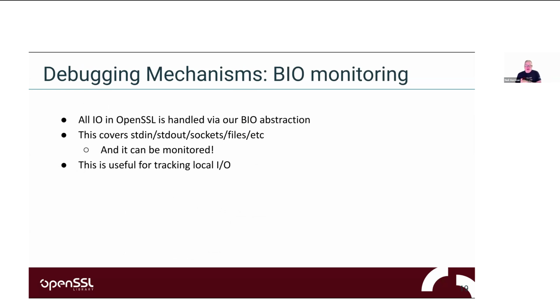BIO monitoring. All I/O in OpenSSL, generally speaking, is handled via our BIO, or block input-output, abstraction. This API covers all sorts of input-output backends: files, TTYs, sockets, just about everything you can imagine that an operating system provides as an I/O mechanism can be abstracted with the BIO API. One of the advantages of that is the BIO abstraction allows for monitoring hooks to be applied to it. This is very useful for tracking localized